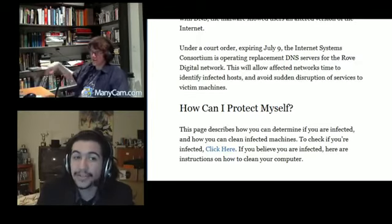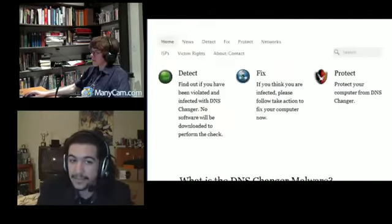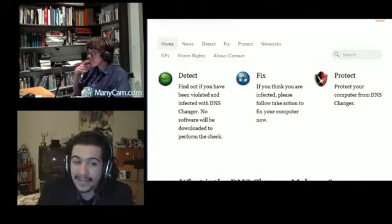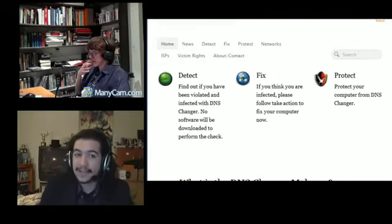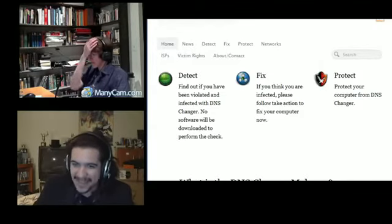go to dcwg.org, and up in the top it says Home, News, Detect, and Fix. It has a bunch of other things, but click on Fix, and it has links to all these different tools that you can use to prevent yourself from getting stuff like this in the future, and that you can use to try and remove the DNS changer from your system if you have it. Now, even if you don't have it, if you're not up to date on your service stuff,